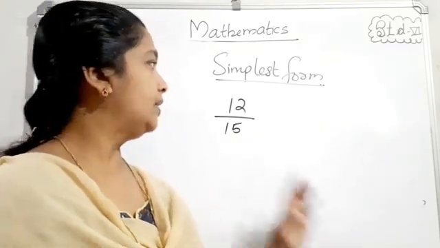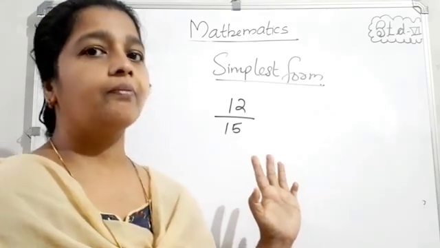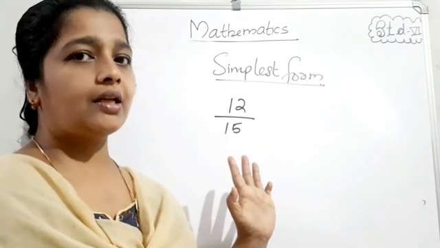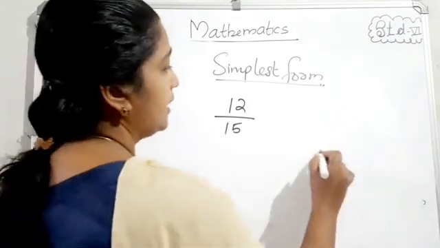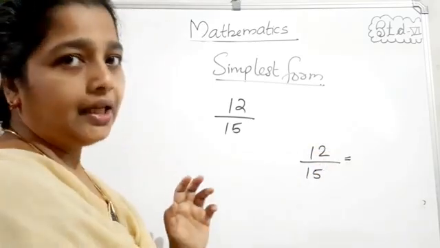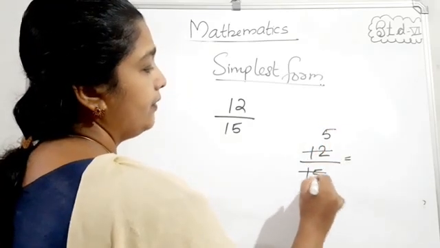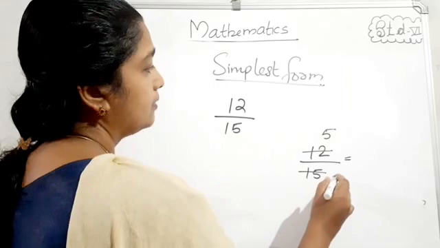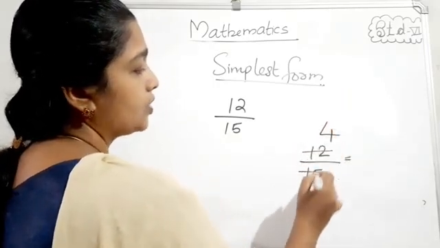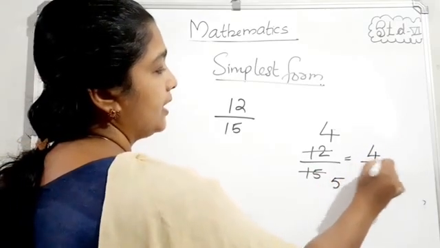Yes. So, listen. Here also you can use two methods. Anyway, you will select. First is the cancellation method. Last year also we studied it. Cancellation method means, for 12 by 15, 3 is a common factor. Then 12 by 3 equals 4, since 4 threes are 12, and 15 by 3 equals 5. So the answer is 4 by 5.